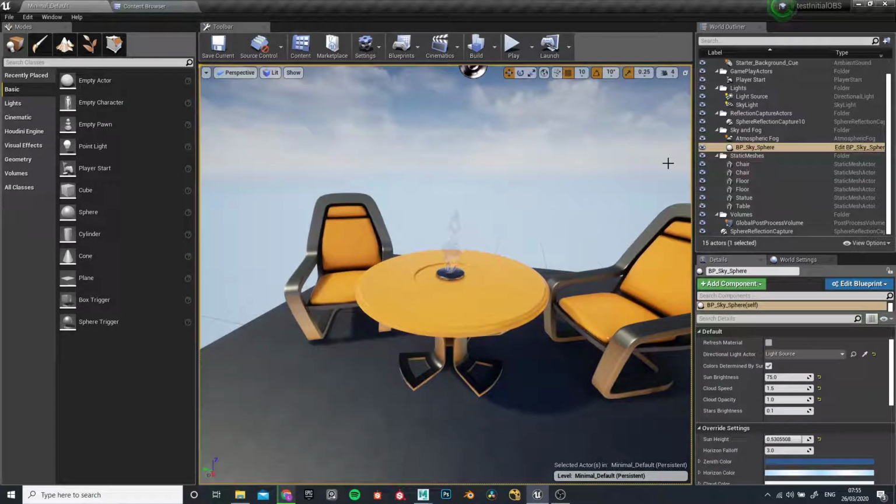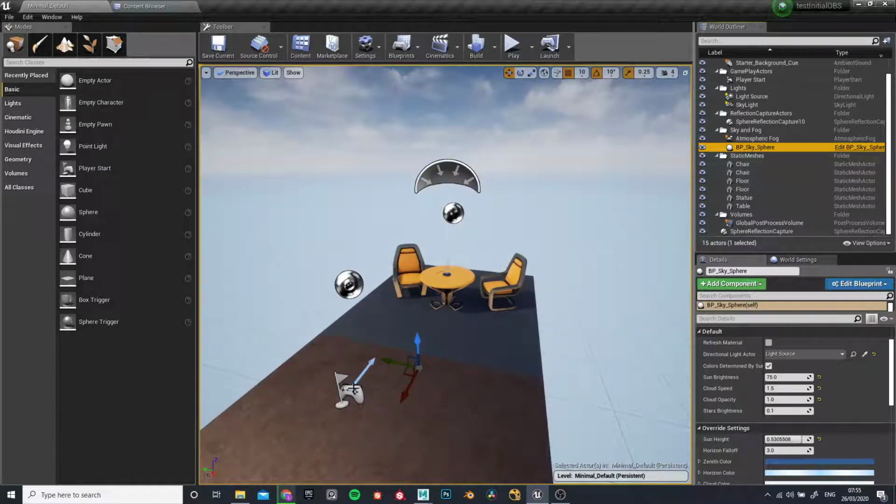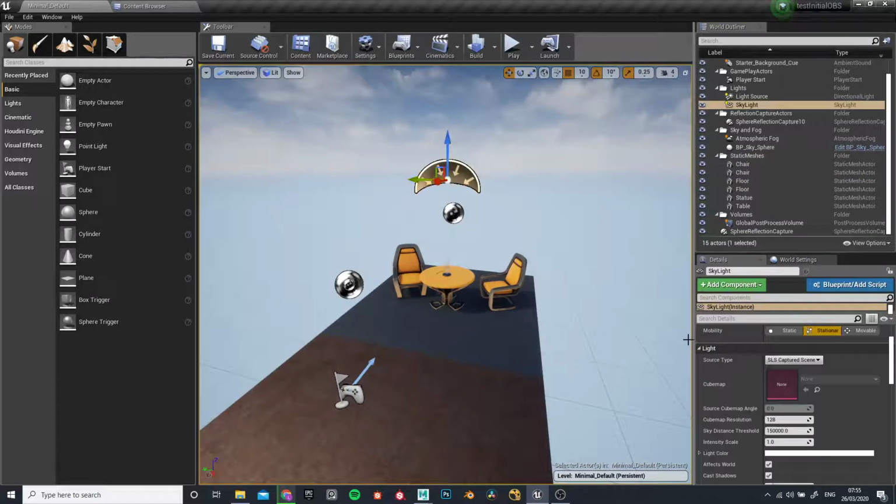For example, this is a blueprint that comes with the scene, and what it does is simulate the sky and the sun. You can see there's a little bit of animation in that because there's a little bit of rotation, so there's some sort of coding and logic behind this. This one also comes with a post-processing volume. It comes with some other stuff for you to start working, but I generally don't recommend starting with this